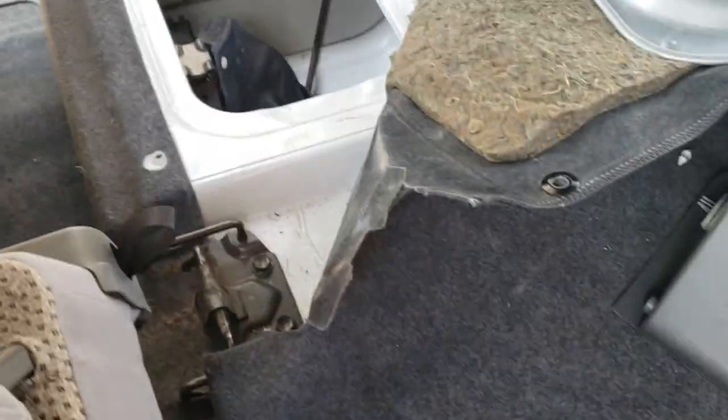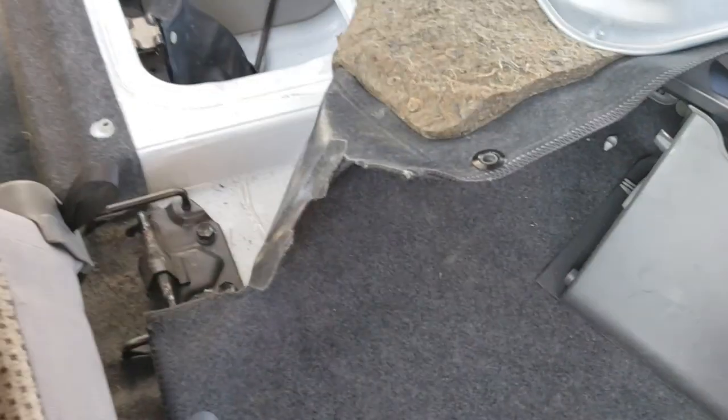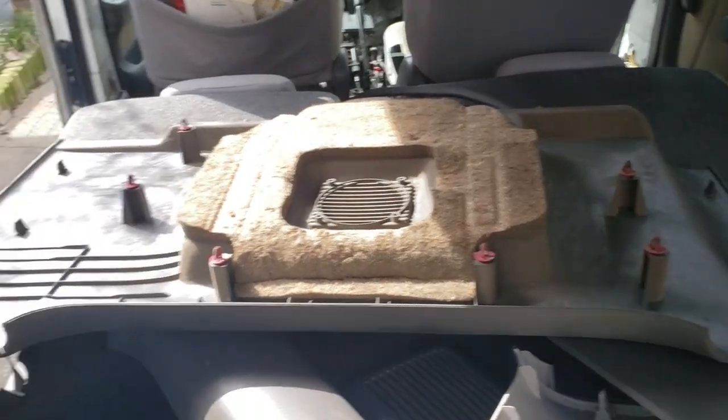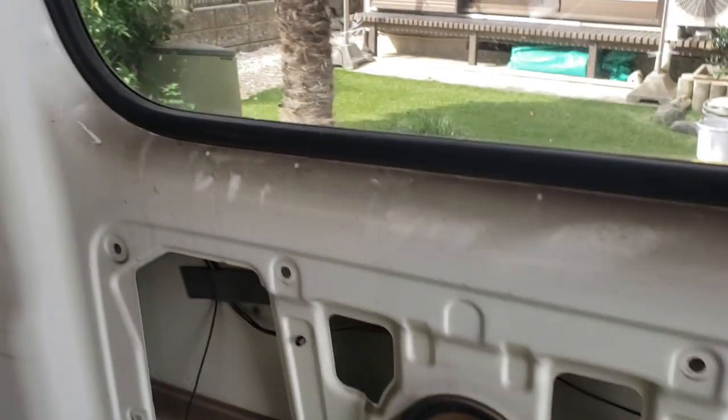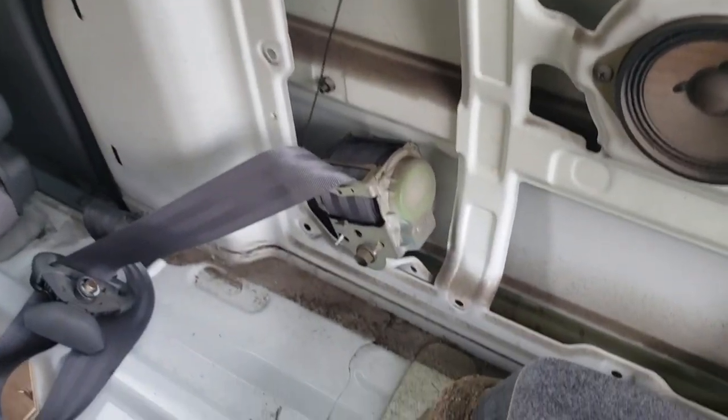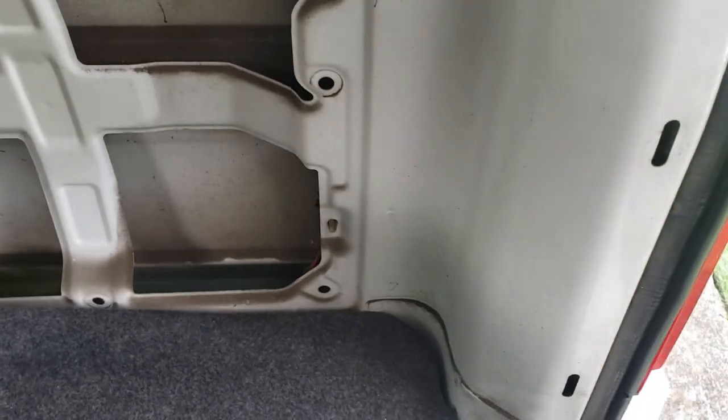This is the car that keeps on giving. And look at the floor, dude. It's dirty, but there's no rust in it. Absolutely amazing. Love this car. I've just popped these rear side panels off, and it really is remarkable how there is just no rust in this car at all. I mean, considering how it looks on the outside, like you can't see down in there, but there's nothing. There's no rust at all,